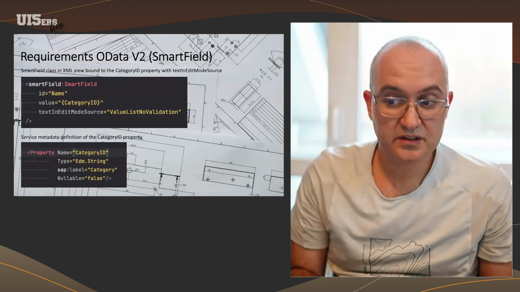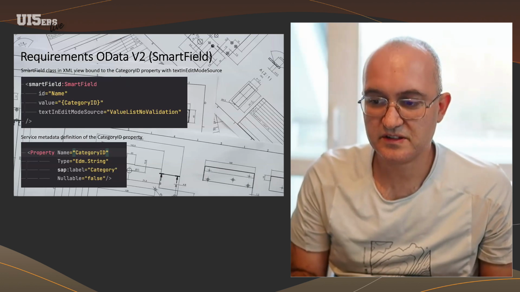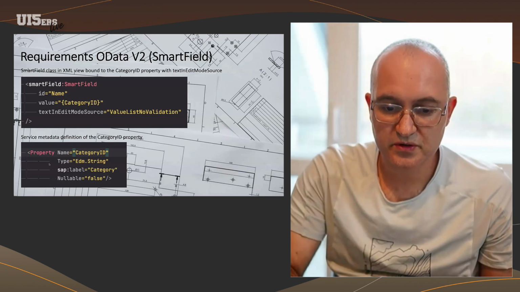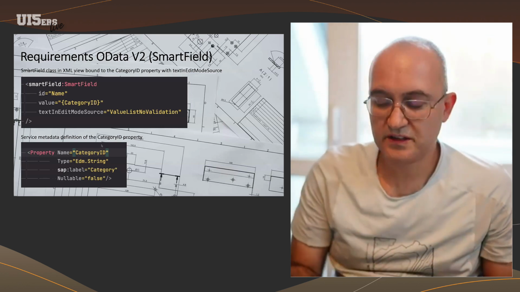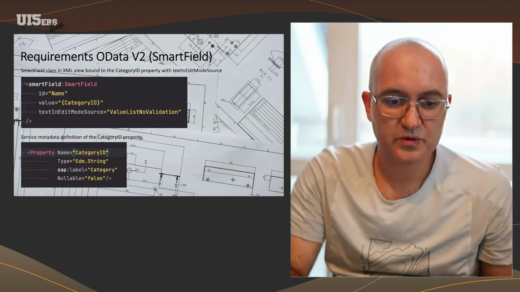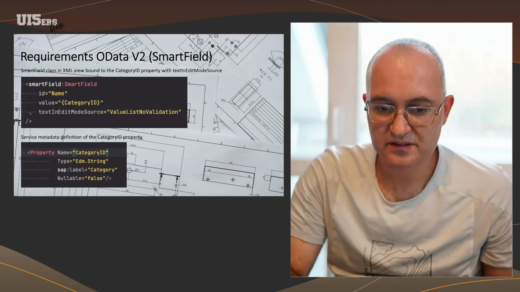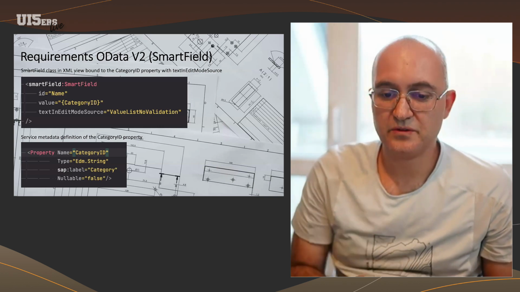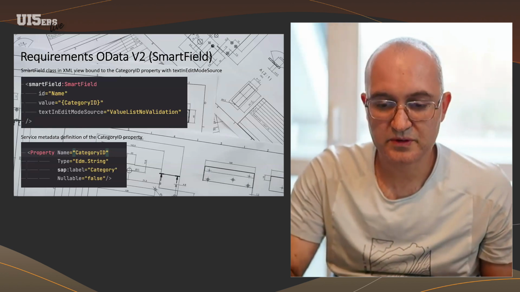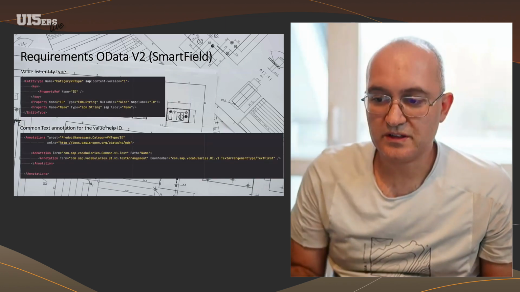What we do need for this to work, we need in our OData service, in the service metadata, to have a property, of course, this property category ID that we would bind our smart field to. We also need our smart field definition in our view XML file. And here I have it bound directly to the category ID. And I have a property that I will talk about later. What is also needed is